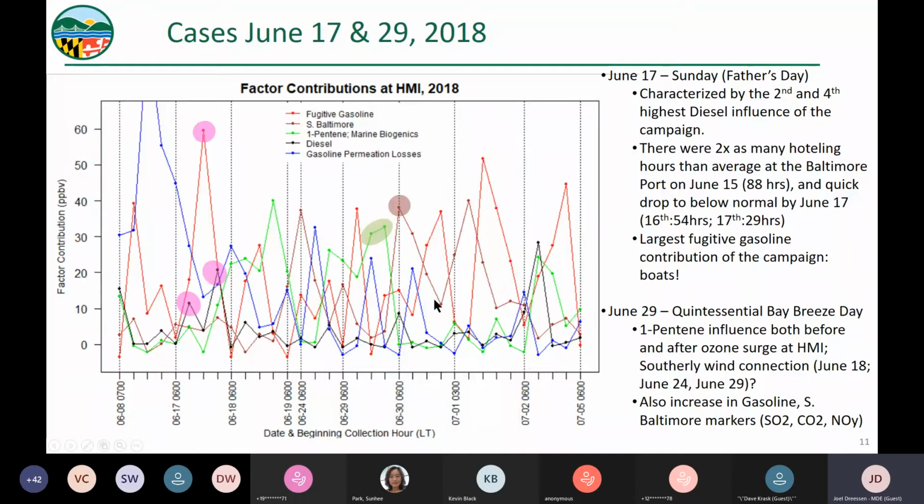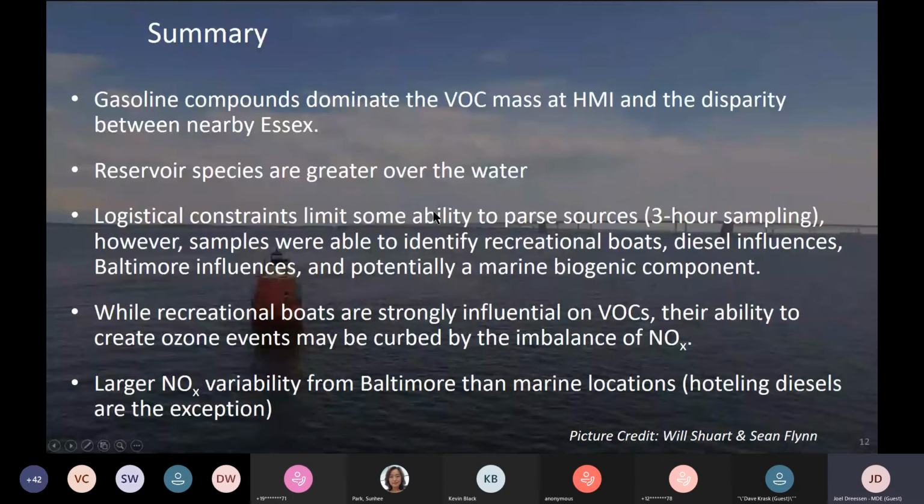And you'd end up with a lesser signal later on in the day. And note, John was talking about June 30th. June 30th had one of the strongest Southern Baltimore influences of the campaign. All right, so summary, gasoline compounds were the dominant VOC source for mass at Hart Miller Island, and the disparity